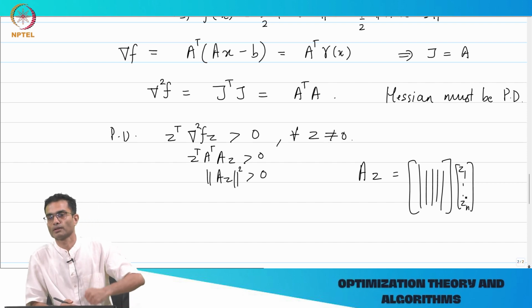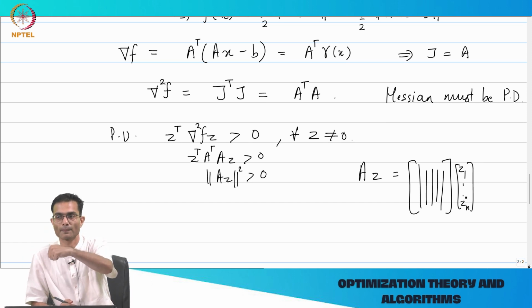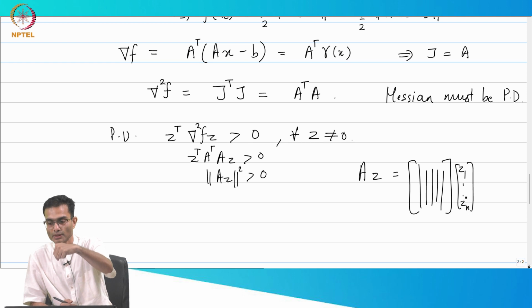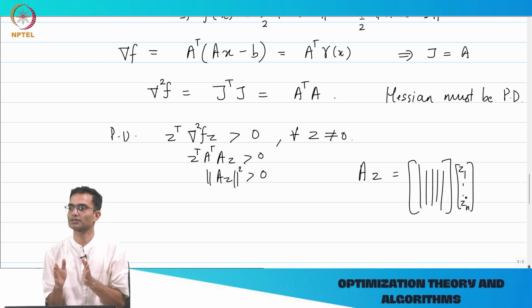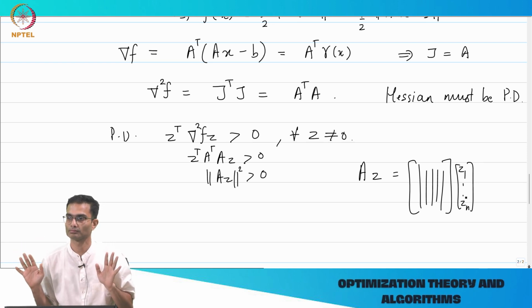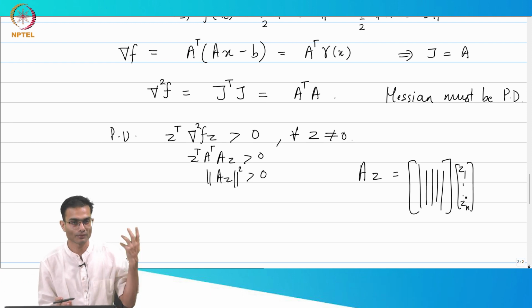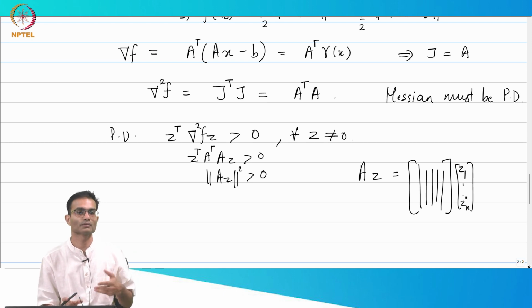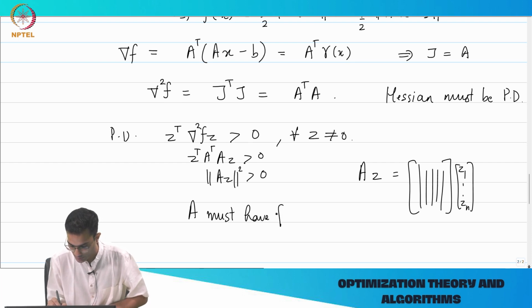So A into Z is also a linear combination of the columns of A. That is one picture of A into Z. If the columns of A are linearly independent, that means there is no linear combination of these which is going to give me 0, because they are linearly independent, right? So that is why A should have, you can say the columns are linearly independent, or a shorter way of saying it is full column rank, right? So A must have